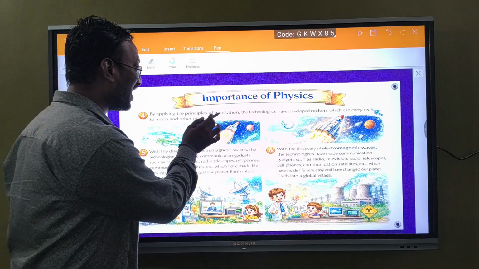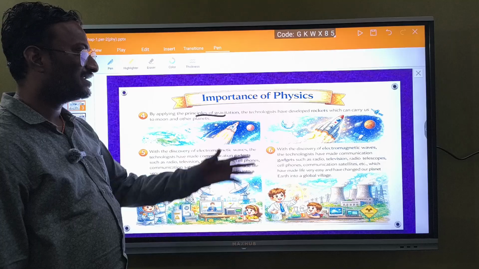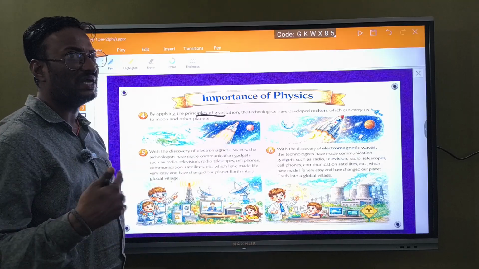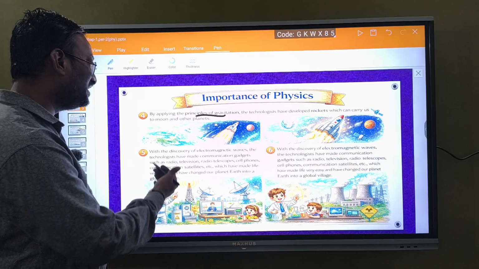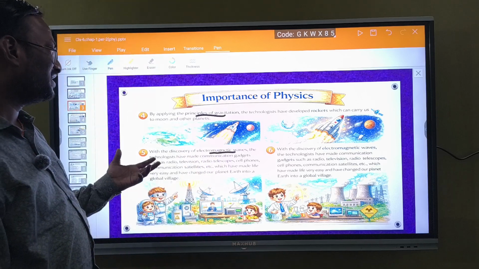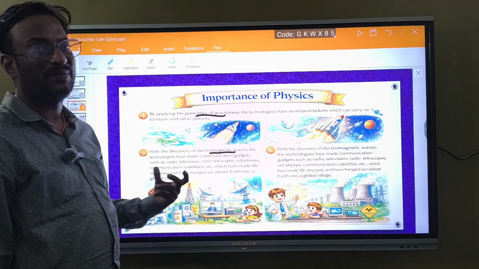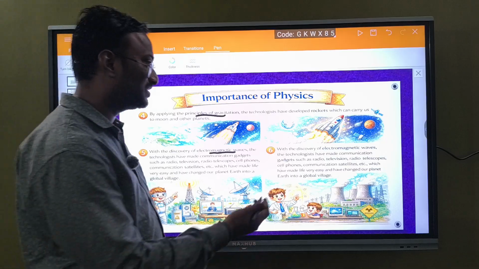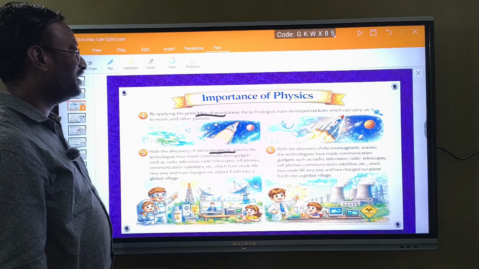By the principle of gravitation, there is one more principle. Through gravitation principles, technologies have been developed like rockets, sending satellites to the moon and other planets. With the discovery of electromagnetic waves, technology has given communication gadgets like radio and television. We are all getting these communication gadgets through electromagnetic waves. And next thing is,